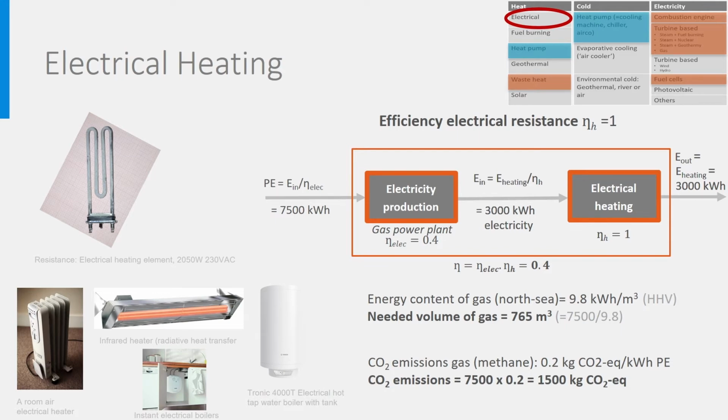However, if the electricity was fully produced by non-combustible renewables, like wind, photovoltaics or hydropower, there would be no CO2 emissions, the efficiency could be considered infinite, and we could consider the primary energy to be zero. The CO2 emissions would be zero as well. So, in the end, the sustainability and environmental quality of electrical heating fully depends on the way electricity is produced.